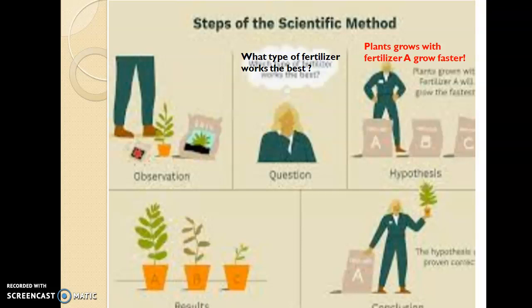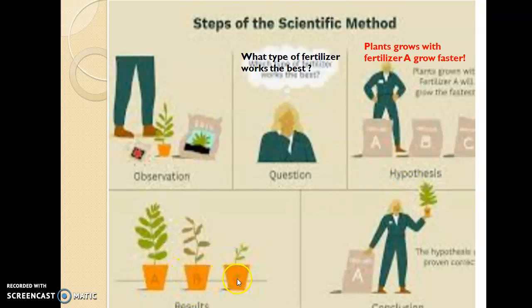So he made a hypothesis. That means he takes 3 different kinds of fertilizers in 3 different growing packs, and he made a hypothesis that the plants growing in the bag named A, that is fertilizer A, will grow faster than B and C. So this is the hypothesis, and based upon this hypothesis he made the test.